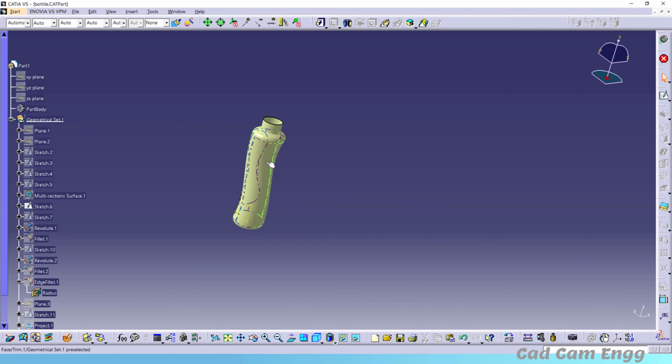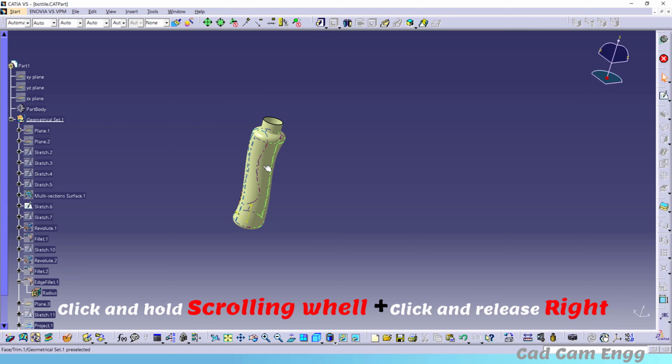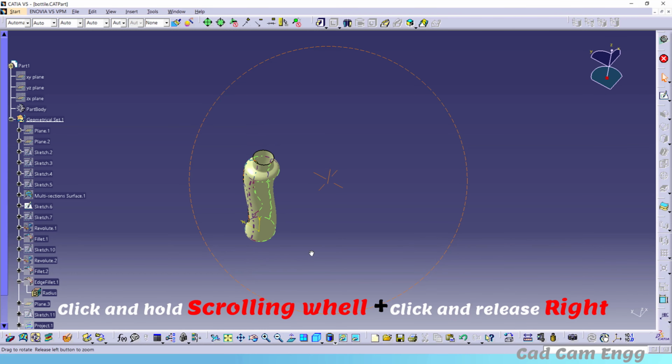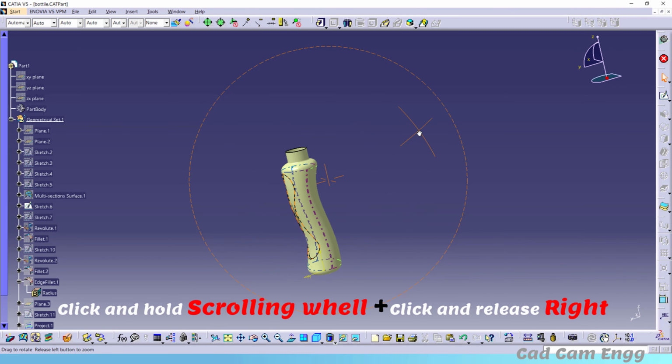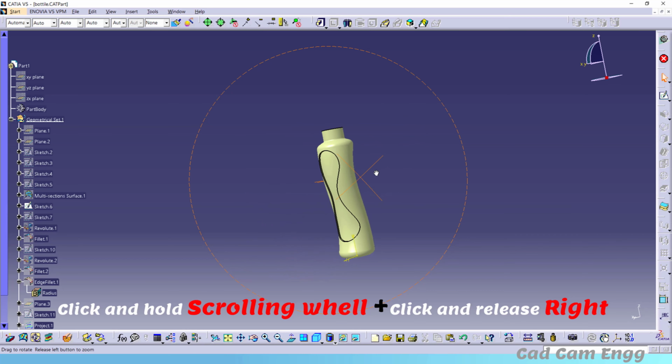After that, if you want to rotate the body, means if you want to view it in 3D, a three-dimensional view, then first you go and keep your cursor on the body, and then click and hold both the scroll wheel and our right click, then you can rotate the body and release, and then rotate.